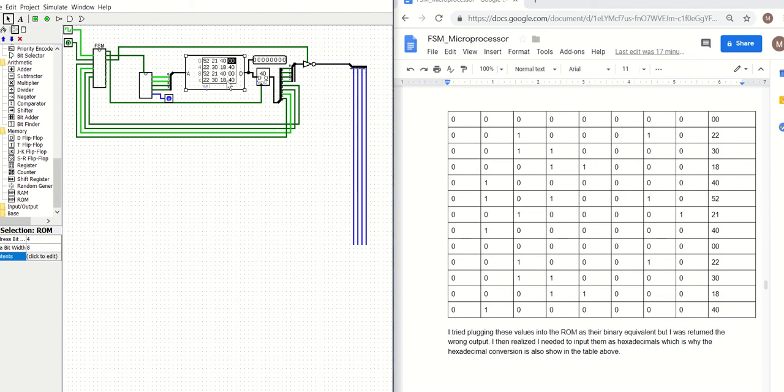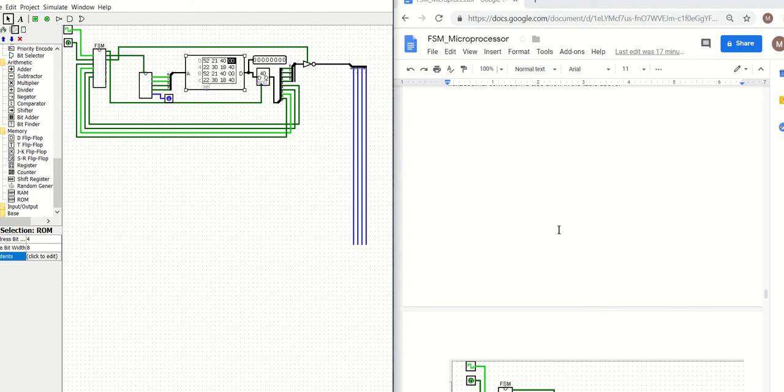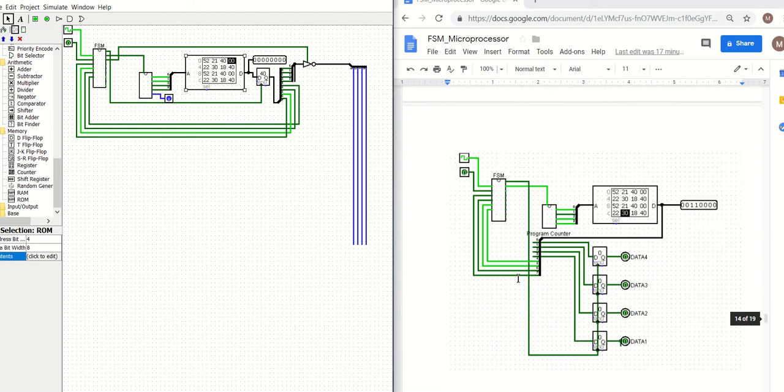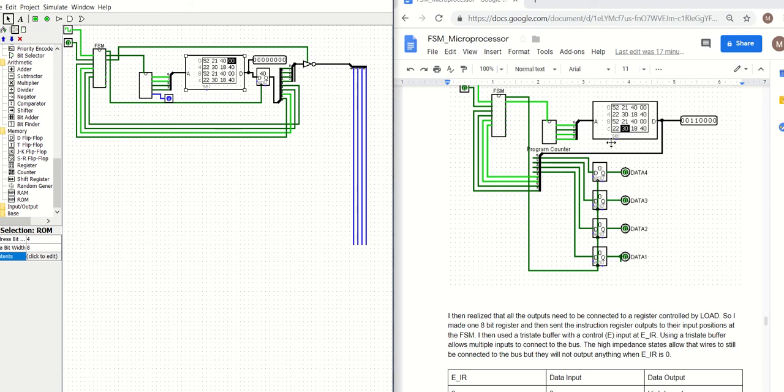And then the next step in the process was, now that, as we can see, our FSM is able to select the different bits, the different lines of data that we want. As we can see here, moved values changed here. So now we needed to